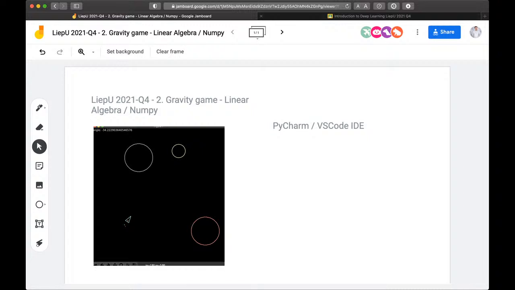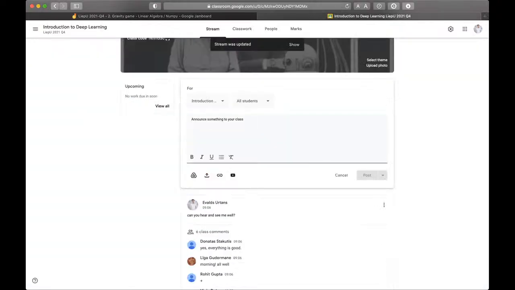Let me think. I will open the template for you. Please try to get the template as soon as possible. The code template 2.2 will be open now. Please make sure that you can run it in your environment. And I will ask a question for this: is the 2.2 template running